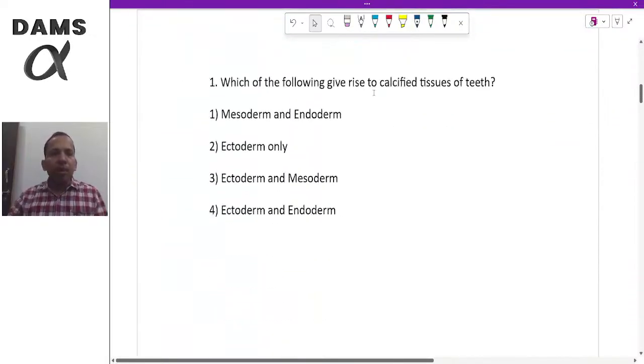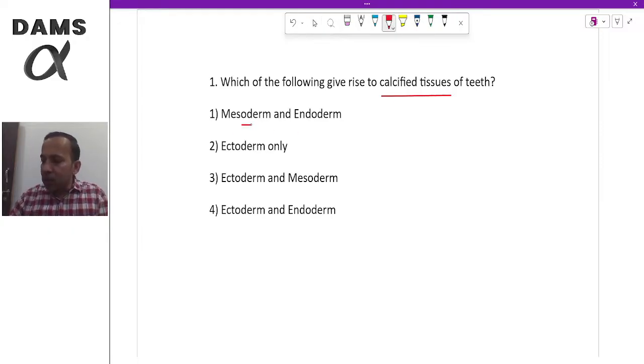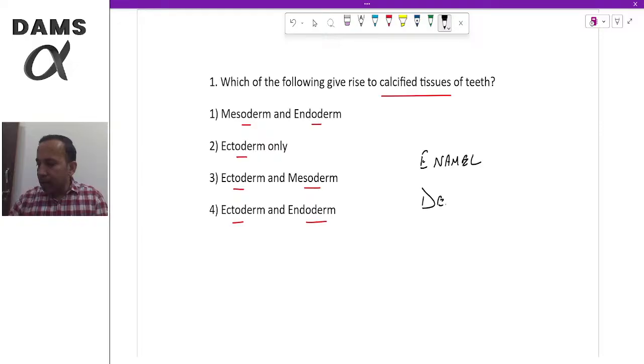Yes. So the first question is, which of the following will give rise to the calcified tissue of teeth? And the options are mesoderm and endoderm, ectoderm only, ectoderm and mesoderm, ectoderm and endoderm, right? So which of these will form the calcified tissue? So when you say calcified tissues, what it means is enamel, dentine and cementum. So dentine and enamel, these will be formed by the dental papilla,